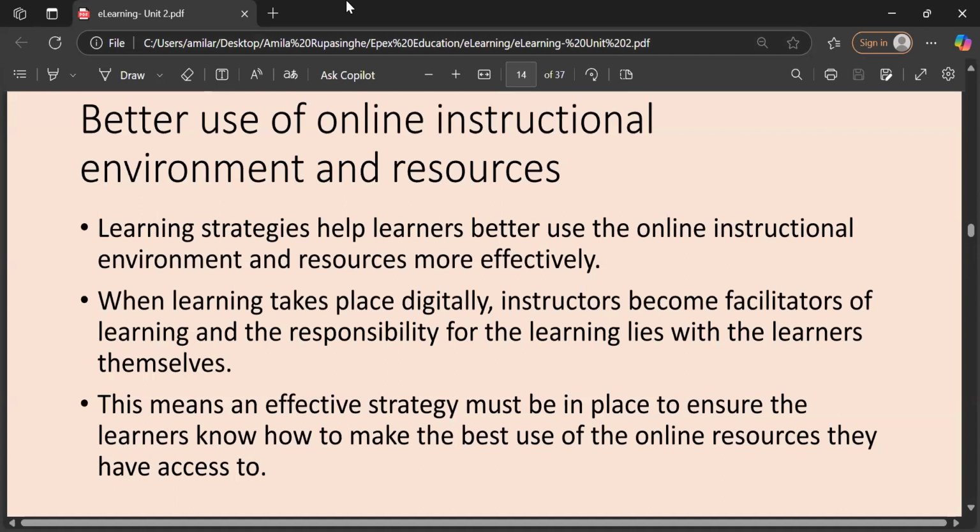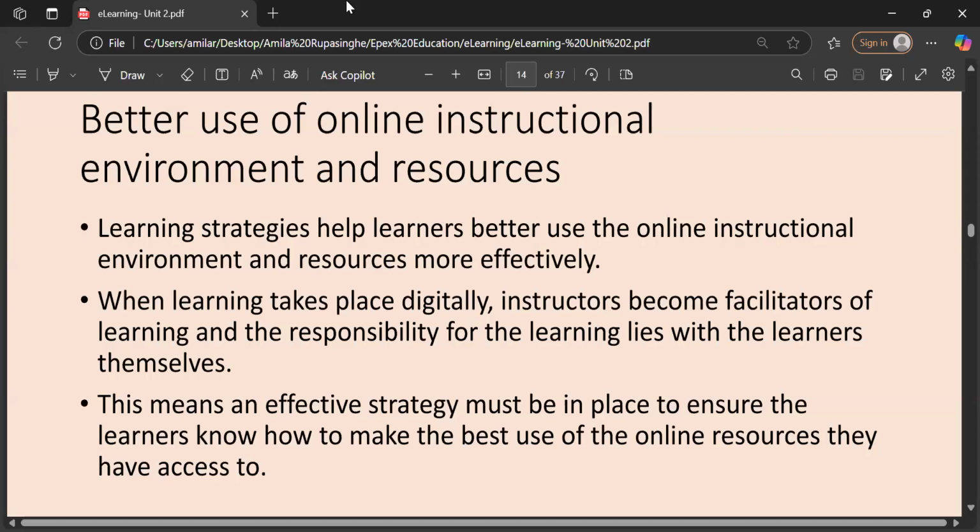Now see, learning strategies help learners use the online instructional environment and resources more effectively, which we use as strategies, right? Now in online learning, digital learning, instructors, that means teachers, are facilitators. We call them facilitators because teachers only facilitate, help and guide.